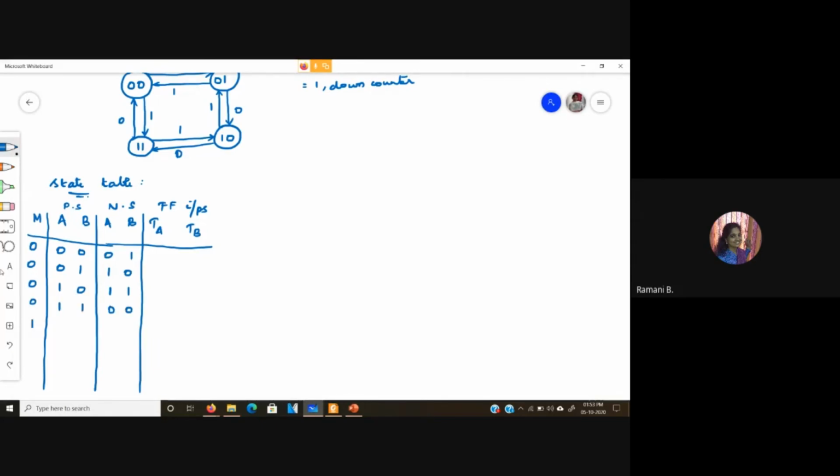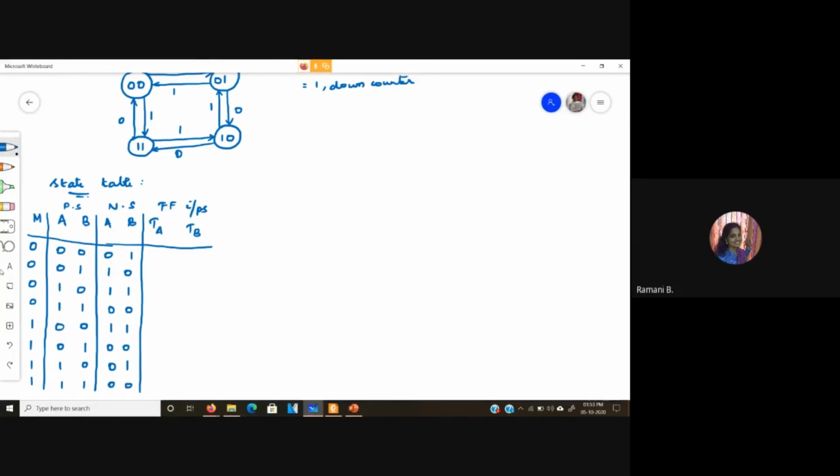And when M is equal to 1, we are going to have the descending sequence. So let us take the same way. 0 0 means you need to have 3. 0 1 means it is 0 0. 1 0 means it is 0 1. 1 1 means it is 1 0.